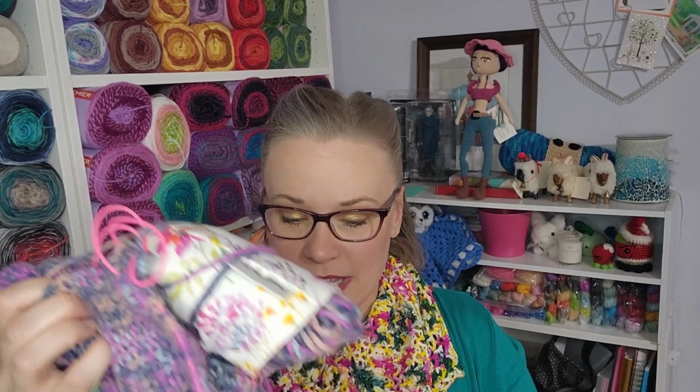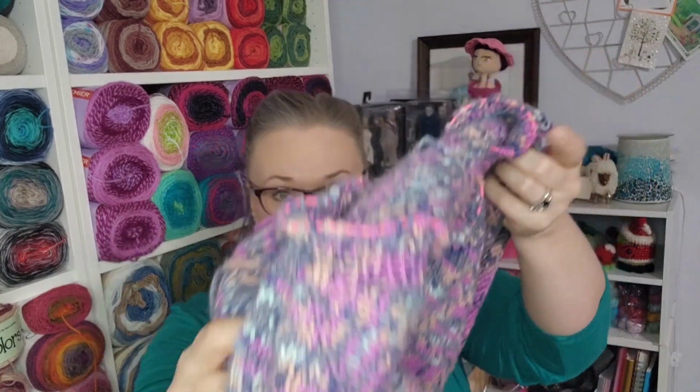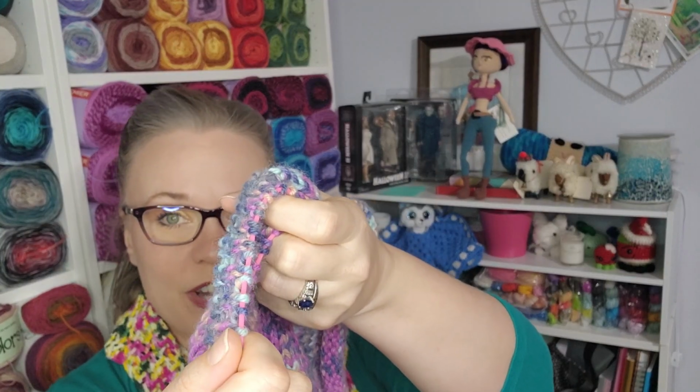So really the only other thing that I have worked on in the last week has been my sweater for the sweater make along. Now I'm not going to go into detail about where I am on this just because this will have a dedicated video coming out soon, but not soon enough. I did want to mention that I have made a lot of progress on my sweater. We do have a neckline now. I am currently holding, and this is really why I wanted to mention this, I am holding my finished edge on